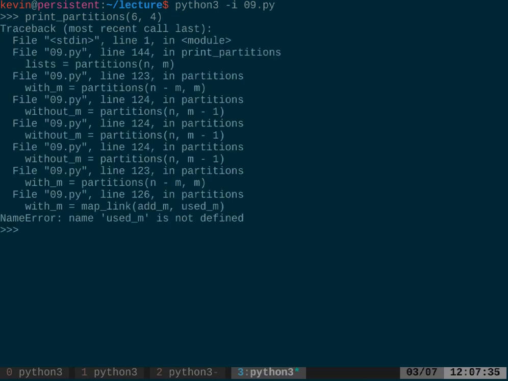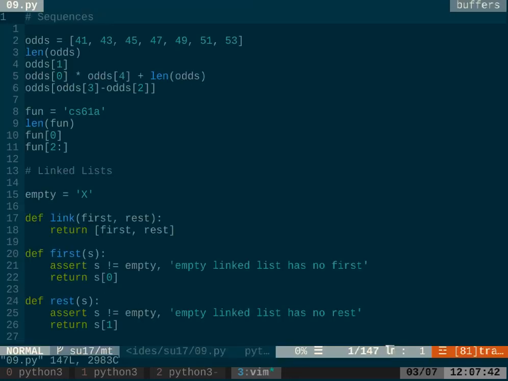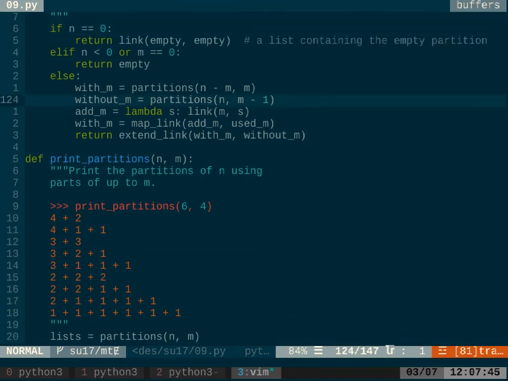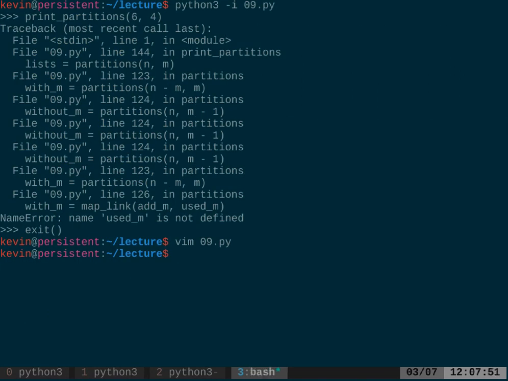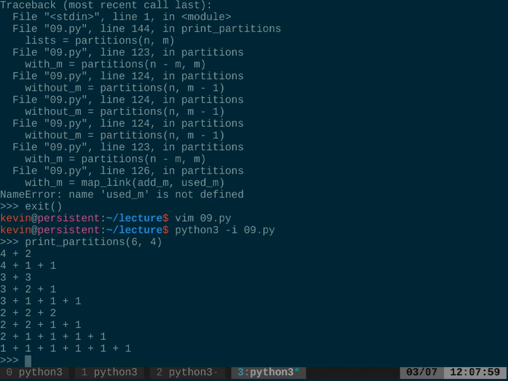Now the difference with the successful case is I have link of empty, empty, right? And so when I call the link constructor, what I'll get is a 2-element box like this. Oh, let's not make it that high. Here we go. MS Paint mode. Close enough. So remember, when we call link, we get something that looks more like this. And what we put in that link is empty, empty. So the first element is empty, and the rest is also empty.